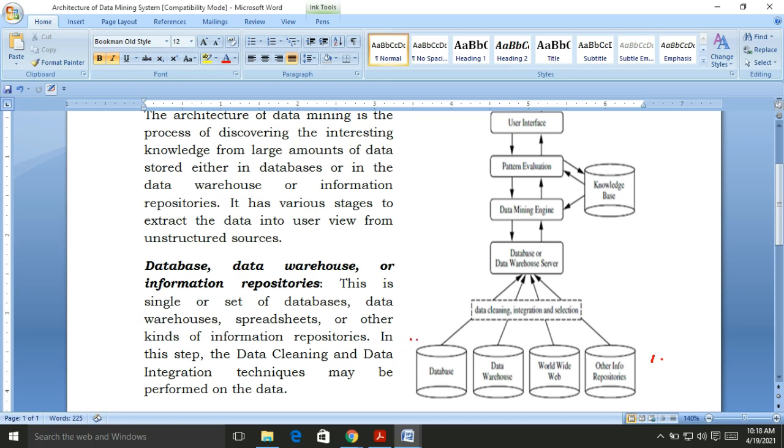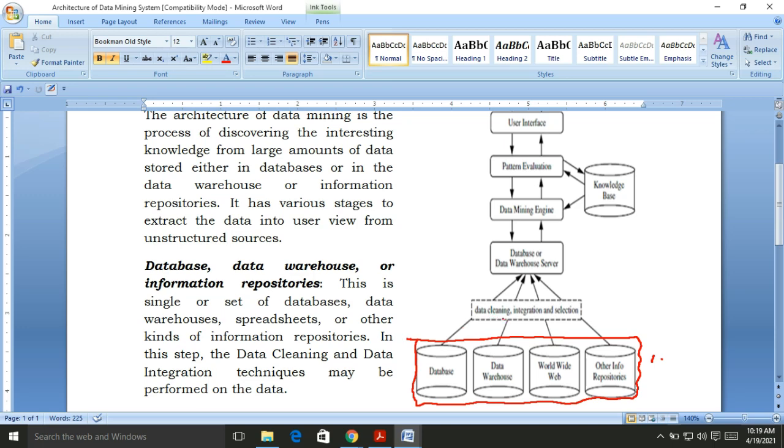So the data is stored in different repositories, that means storage areas, in different formats. This is the first phase in the architecture.